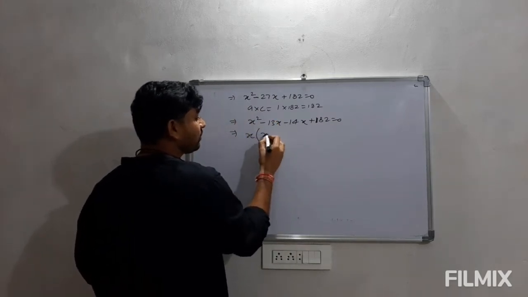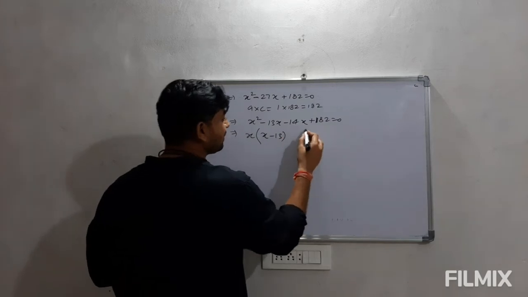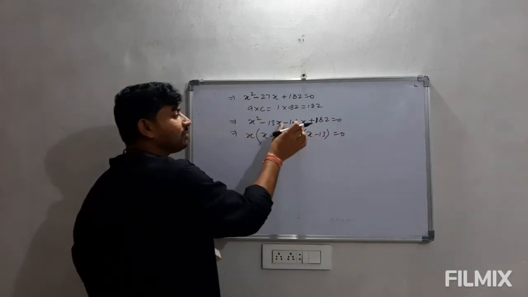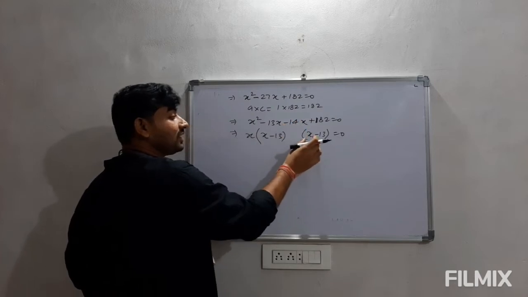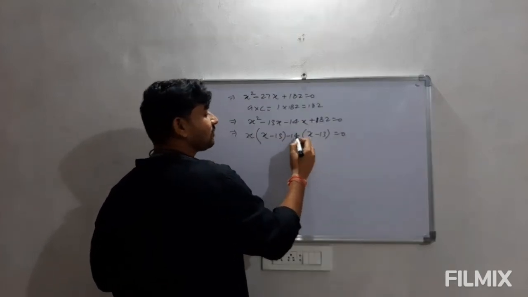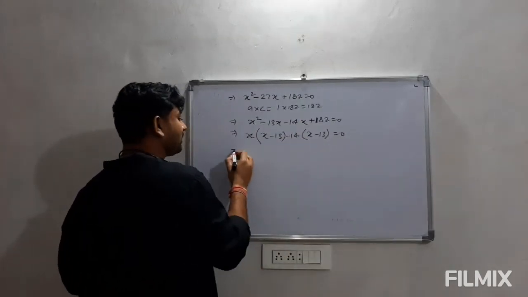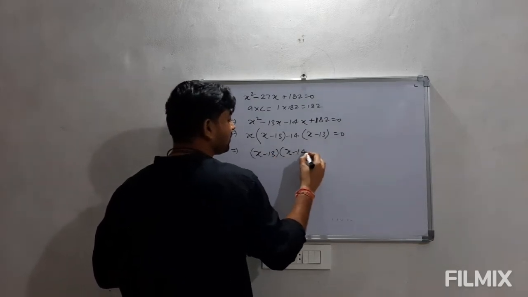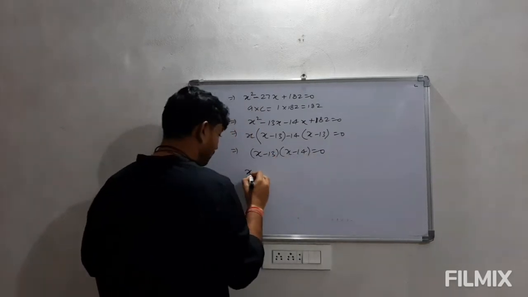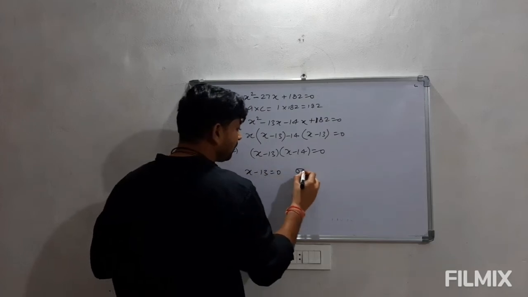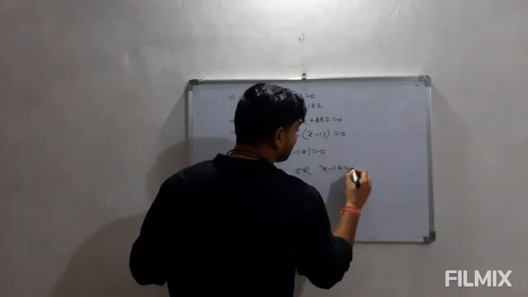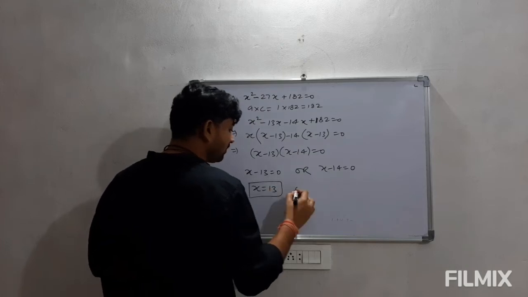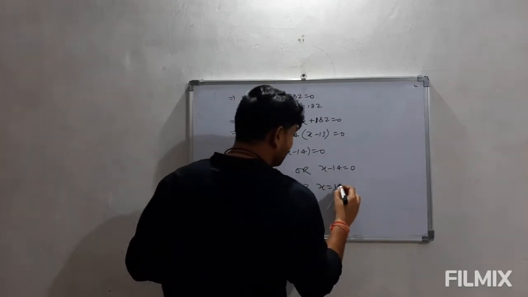Here we are getting x as common, so x minus 13, and if we look at this, x minus 13 we have to write. Now here it was minus 14x, we are writing x, so this will be minus 14 outside. So this is what we are getting. So x minus 13 is common. The remaining term is x minus 14 is equals to 0. Now x minus 13 is equals to 0 or x minus 14 is equals to 0. So from here we are getting x is equals to 13 or x is equals to 14.